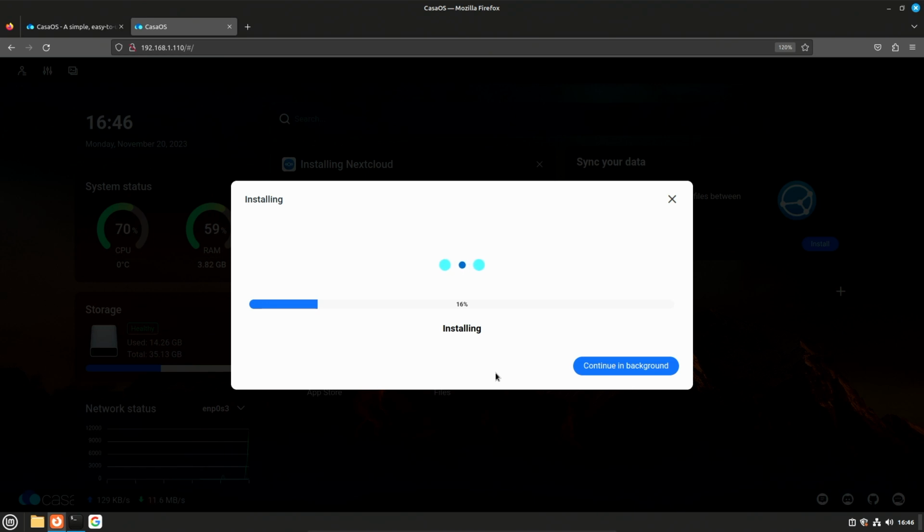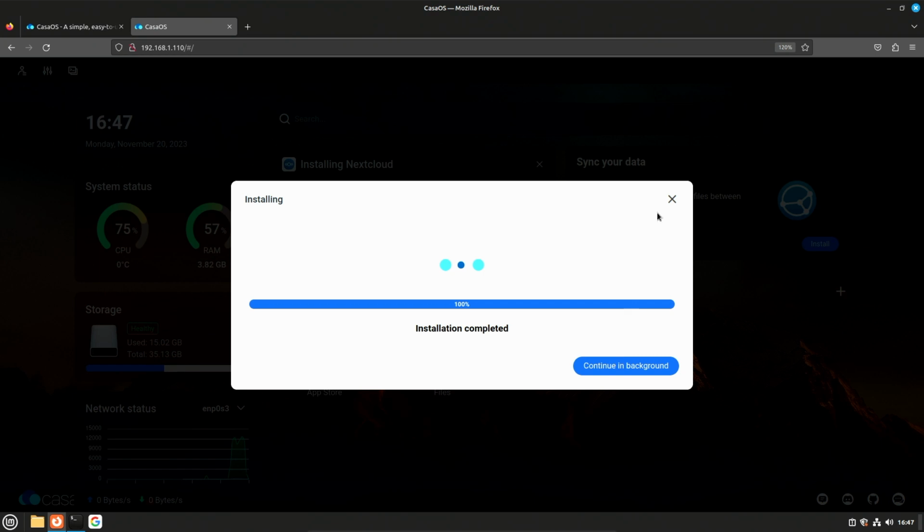We could continue in the background there. I like that. That way we could have this working in the background. Maybe we're setting up a new install of this, for example, and we want to configure a bunch of things. We can just put them in a queue of things to do. That's always nice. And we're almost done here. We're at 87%. So that's pretty quick. But it makes sense it'd be pretty quick because, from what I understand, it's just installing a Docker image. And I can do decent-sized Docker images over my internet connection in just a minute or two. So it makes sense that it would be pretty quick.